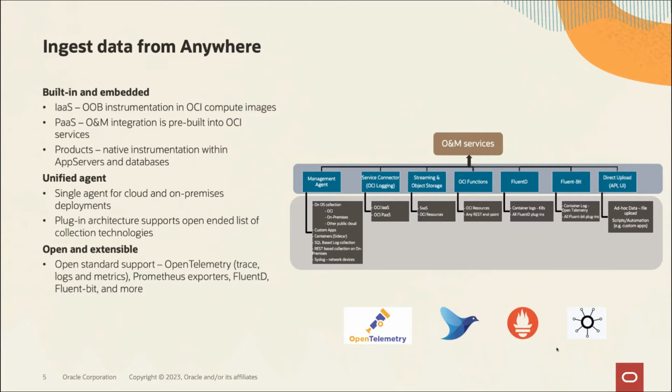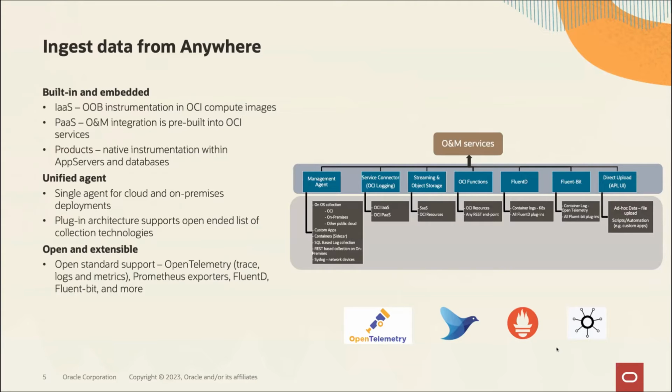Another key capability when it comes to our ingestion is our unified agent. We have a single agent that can collect full observability data, hence reducing the footprint on customers' production workloads where the agent would be running. The single agent can collect logs, it can collect metrics, it can collect data based on any customer specified protocol, it can collect logs through syslog. Also, it can collect data through REST-based interfaces, right? So this way, we are able to reduce the agent footprint in customers' environment. It's a completely plugin-based architecture, right?